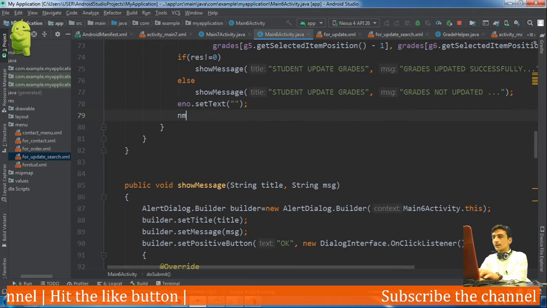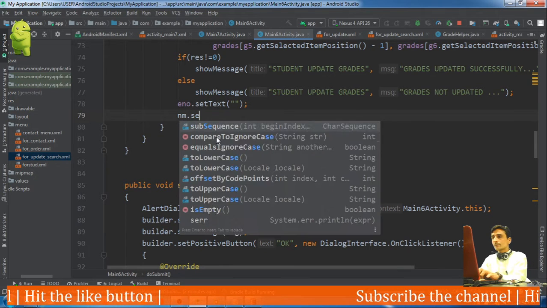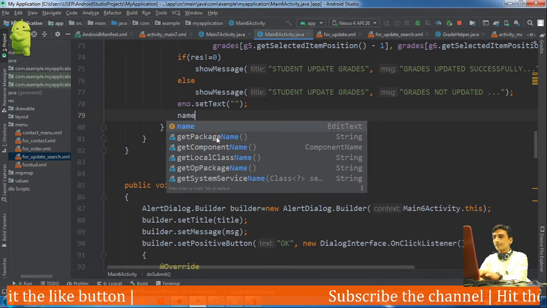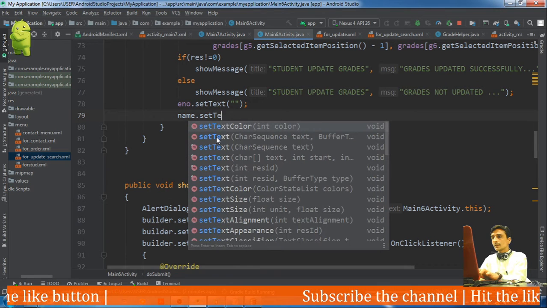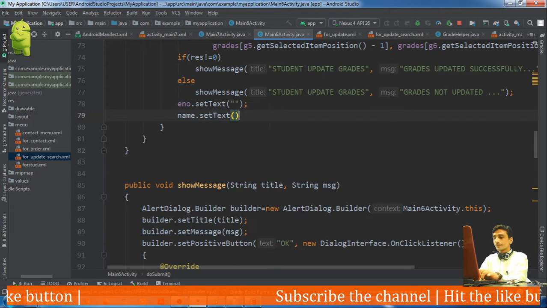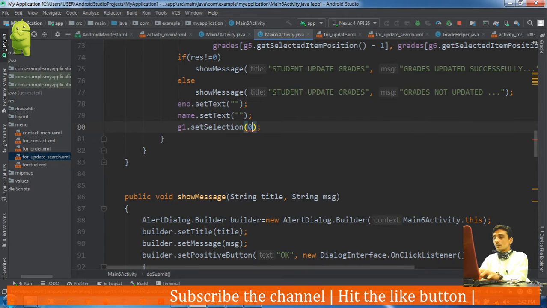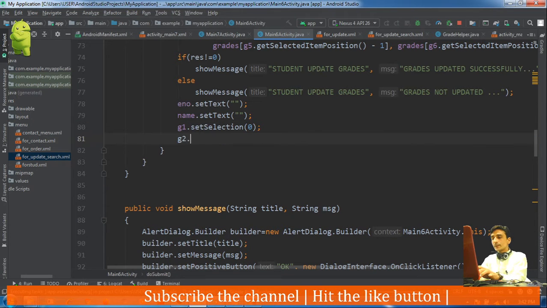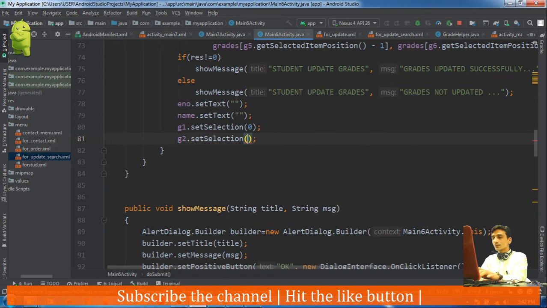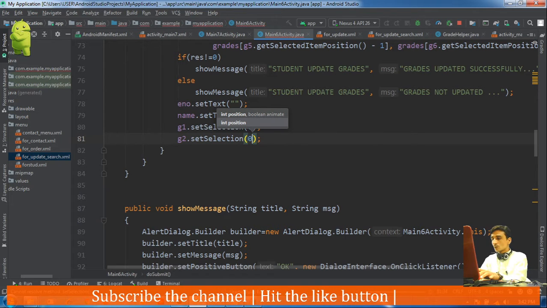empty, name dot set text, again empty, then g1 dot set selection, because that layout will be in front of the client, that's why set selection 0.